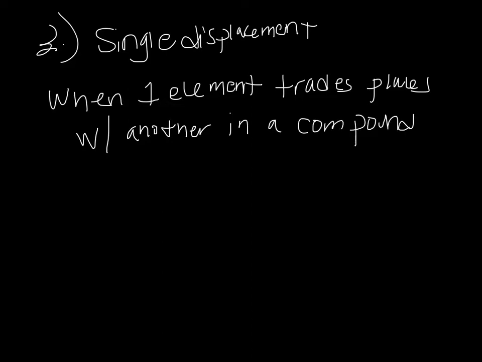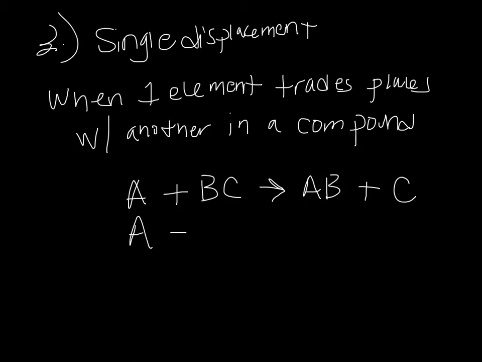So this is where we're going to introduce some C's. So we have A plus BC yielding AB plus C. So the B just switched places. We could also do something that looks like A plus BC yielding AC plus B, which